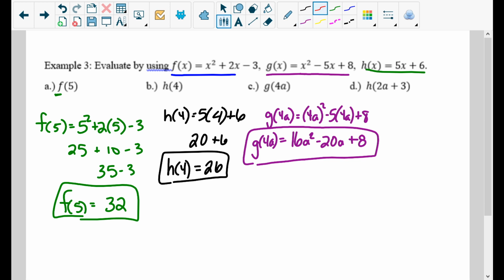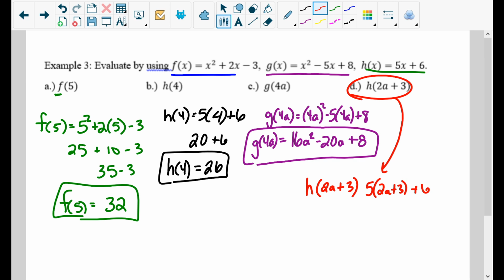And the last one, let's do right down here below, we have h of 2a plus 3. Again, the h function is 5x plus 6. So we're taking 5 times the 2a plus 3, plus 6. Then we're going to distribute in this 5. So 5 times 2a is 10a. 5 times 3 is 15. Plus 6. 15 and 6 can combine because they're just constants. So 10a